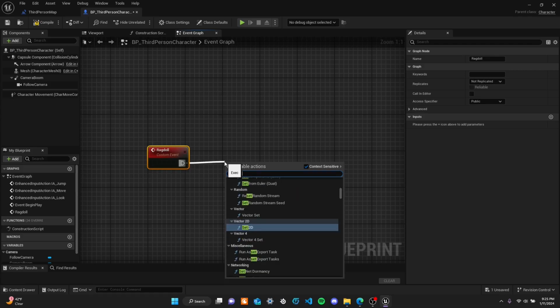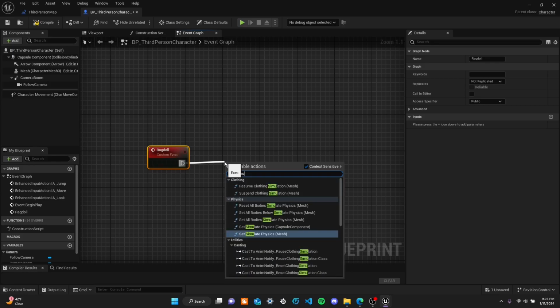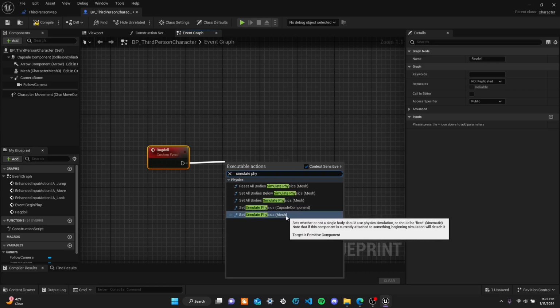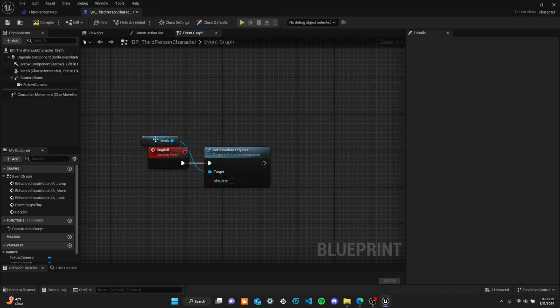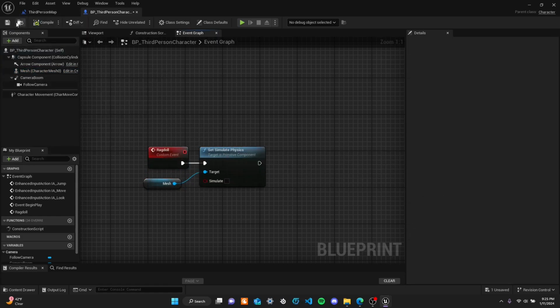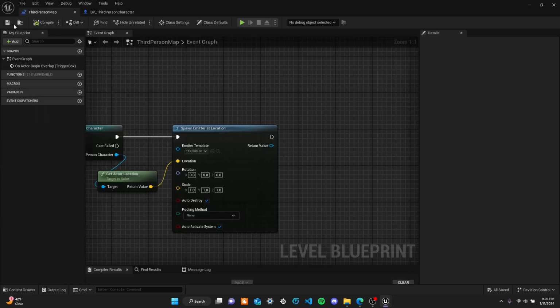set simulate physics, and make sure you get the one in parentheses, mesh, because we want to make our character's mesh simulate physics. So right now, I can show you what this does. This is going to make the ragdoll go into the ground because we haven't set the collision properly. So let me just show you what that actually looks like